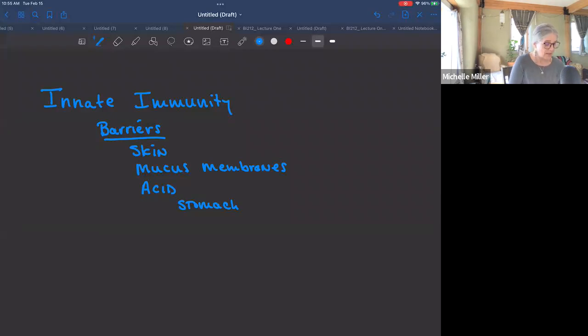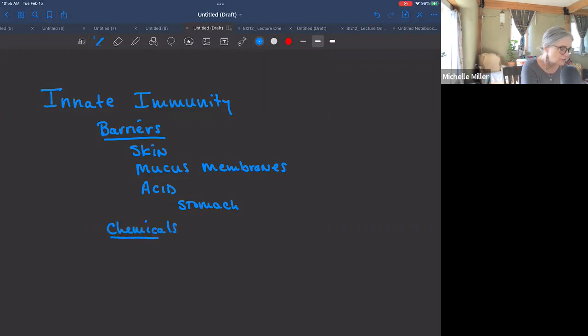And so we'll talk about the digestive system, but when you take acid reducers, that decreases the acidity of your stomach, and that might actually make you more prone to getting foodborne illnesses because of that reduced acidity in the body. So we also have chemicals